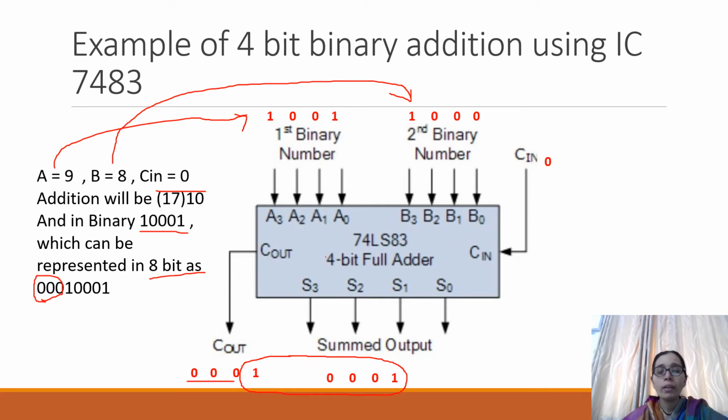One more important point I want to explain here is that it is 4-bit binary addition. Therefore, the maximum number that you can give at A is 15. That is, maximum A will be 1, 1, 1, 1. And maximum B will also be 1, 1, 1, 1. And Cin also you can give as 1. Because it is a binary adder, the maximum numbers that you can give are A is 15, B is 15 and C is 1.